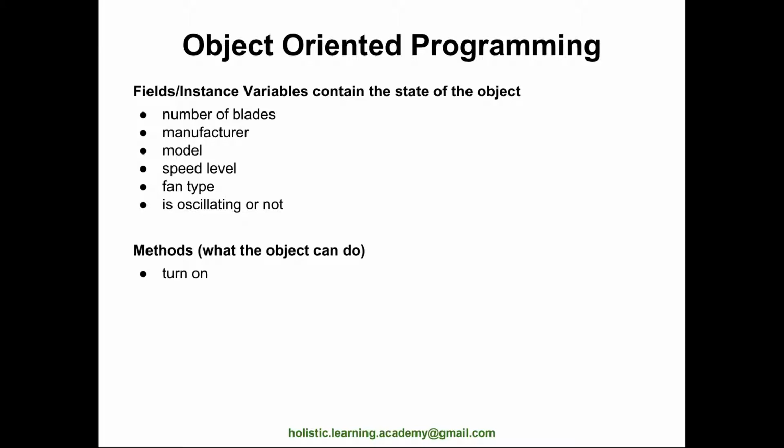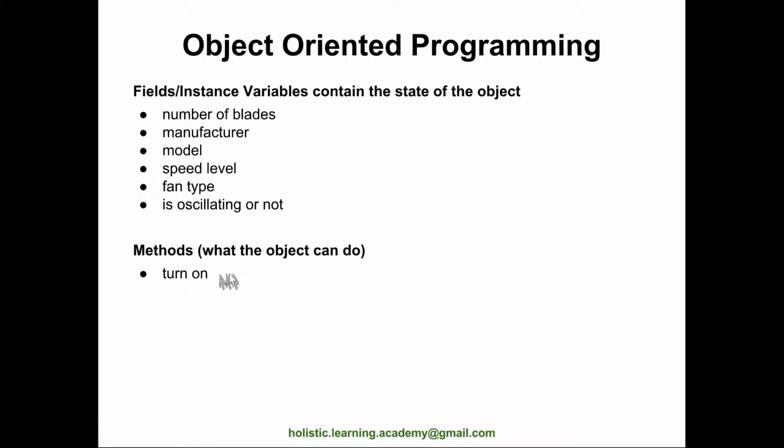Now by turn on, what do we mean? Maybe we just turn the switch on. Okay, so that makes the fan run at a certain speed, right? That's an action that we can take on the object. So when we take action on the object, for example, when we invoke the turn on method on the fan object, it's going to change the state of the object, the speed level, right? So initially speed level may be let's say 0 RPM, and then when we turn it on and the default speed is set to, let's say, level 2 or 3 or 4, then it's going to set the RPM to the level that you have chosen.